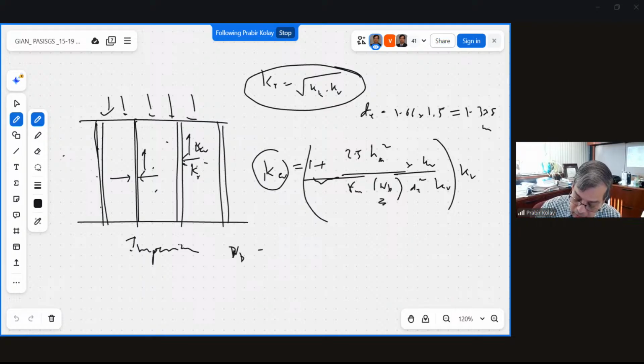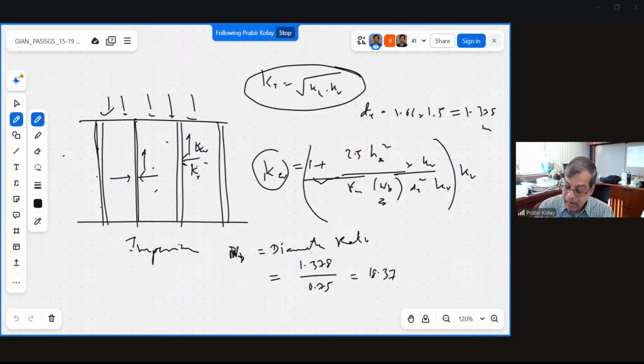ND is the diameter ratio. I'm just writing here, diameter ratio. So that one is equal to, you can find out how much is the equivalent diameter. So 1.378 divided by the diameter of the PVD equivalent diameter, which is 75 millimeter, so that is 0.75. So you'll be getting around 18.37. ND you calculated. So now you need to calculate the value of FM, ND,